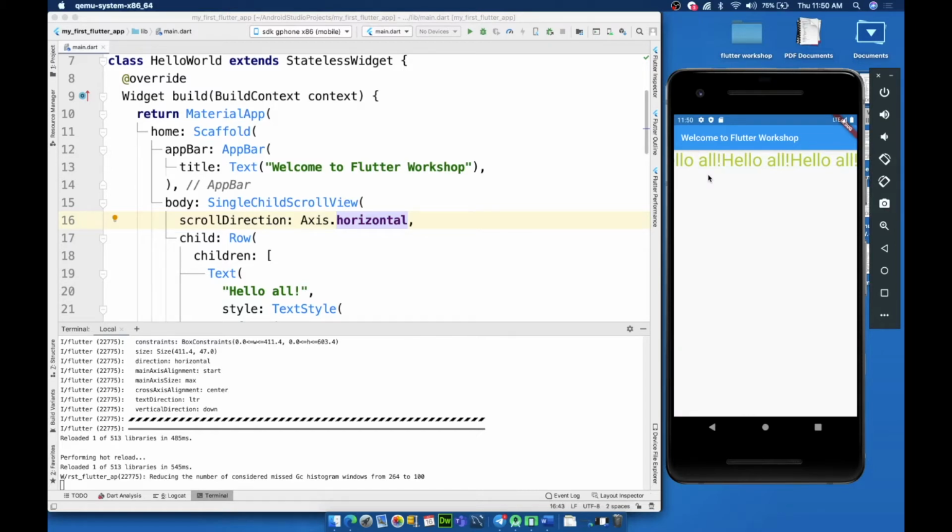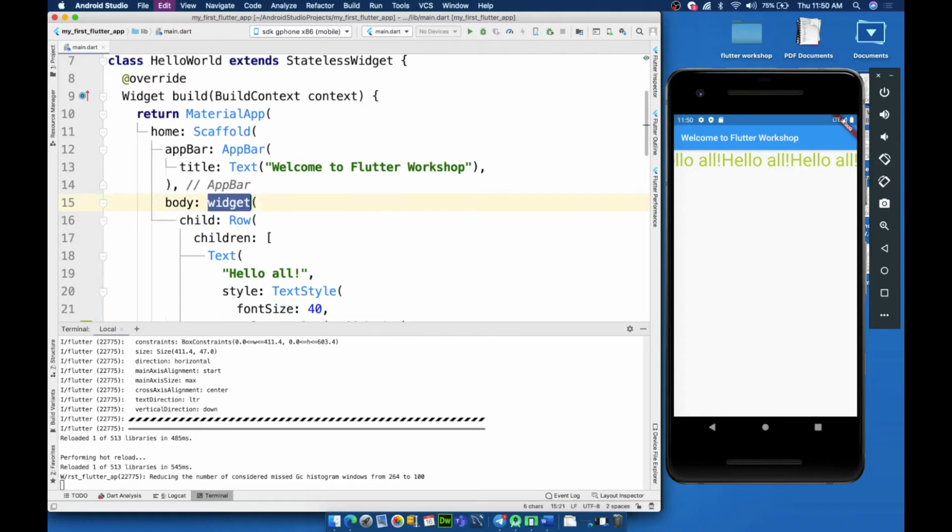Swana, can you repeat? Yeah, sure. I'll repeat. Let me just undo this. I will explain the theory as well now. Just listen carefully. Okay. Do you have up to this state, Swana? Do you see body row? Do you see this?